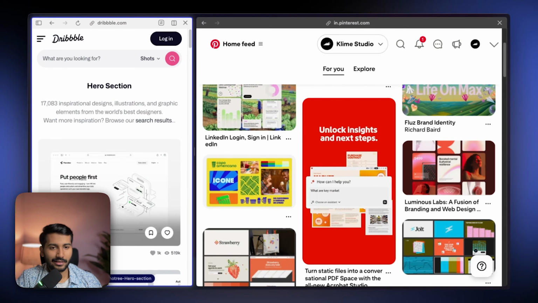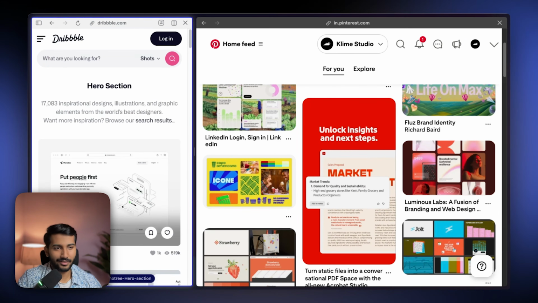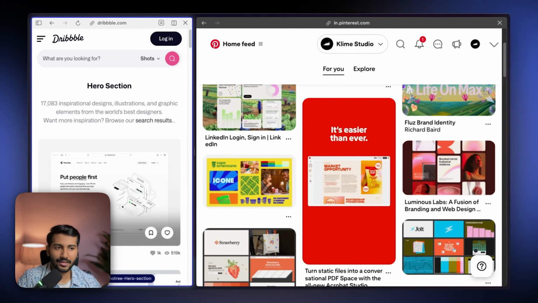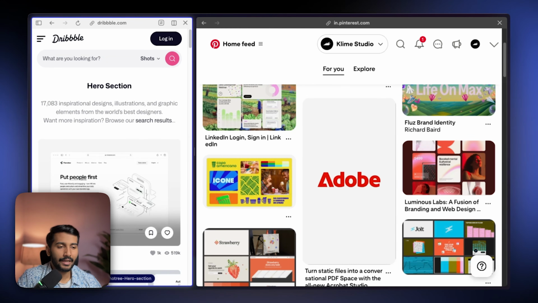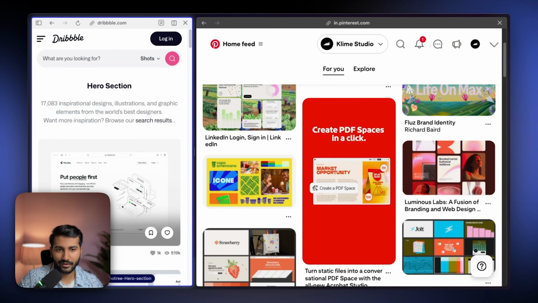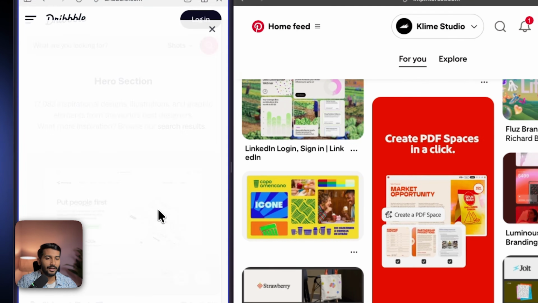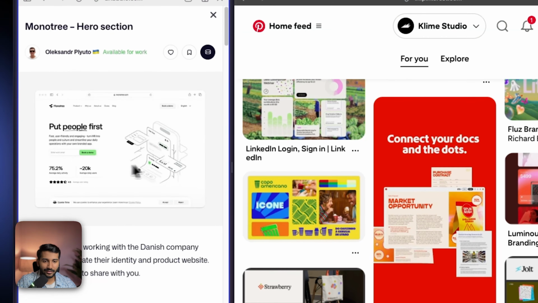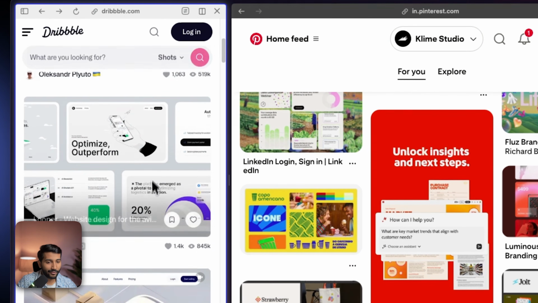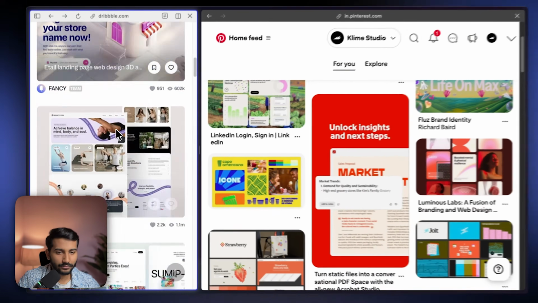To collect references, you can go to a bunch of websites. Let's say Awwwards is there, Dribbble is there, Pinterest is there, but I most of the time find good references on both of them. And to define what you mean by references is definitely different. So for me, this is not the reference in terms of the website or hero section. For me, a reference looks like, let's say,